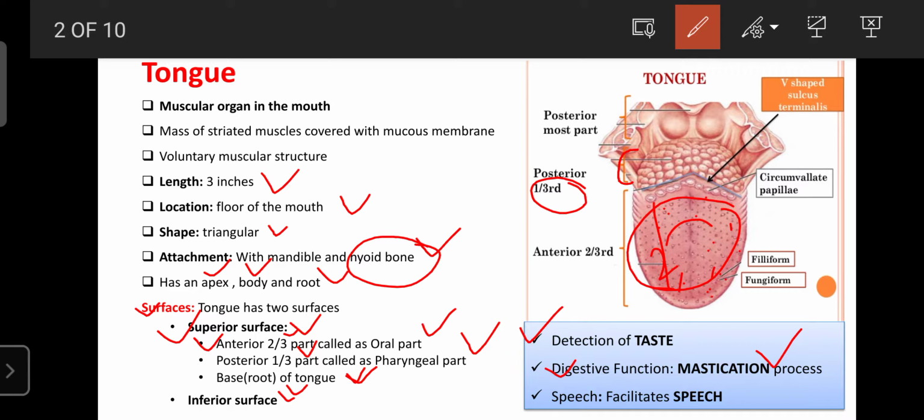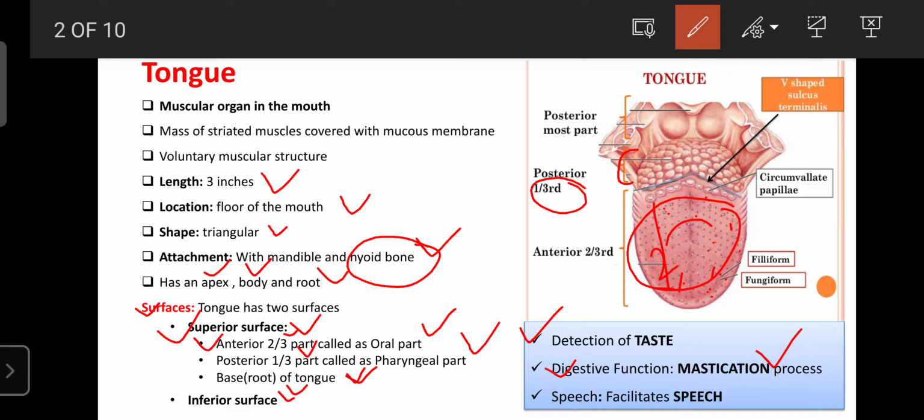Also, due to the chewing movement or mastication process in the oral cavity, it gives the signal to the salivary gland. Suppose you chew without any food, you can try that. Even then, the saliva in your oral cavity increases. This is one of the steps that helps prevent dryness of the mouth. Otherwise, if you take soft food and swallow directly without any chewing, the saliva is not secreted, and that is also responsible for causing dryness of the mouth.